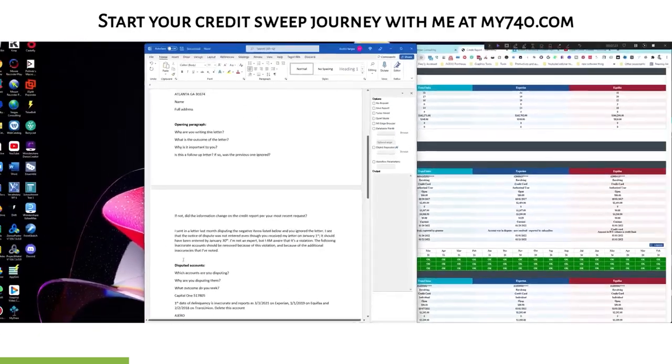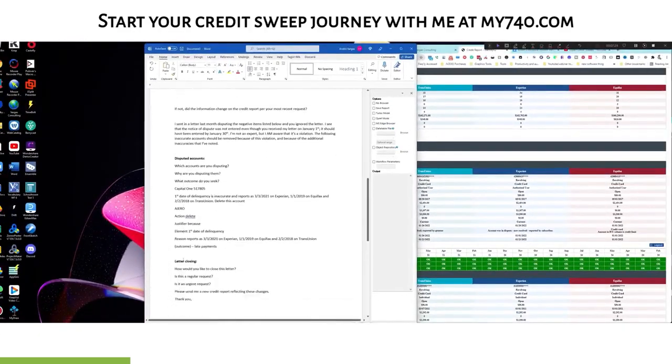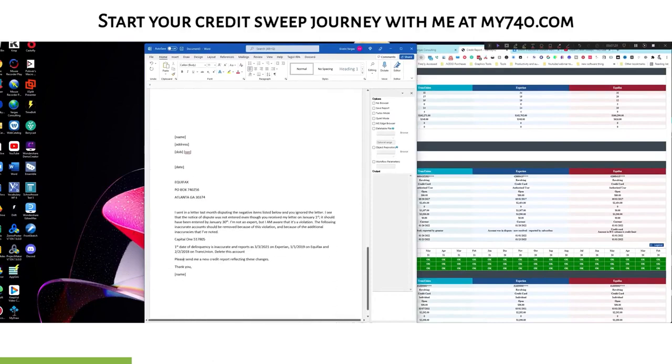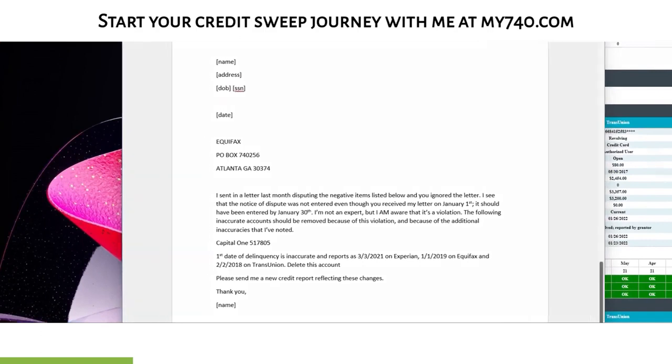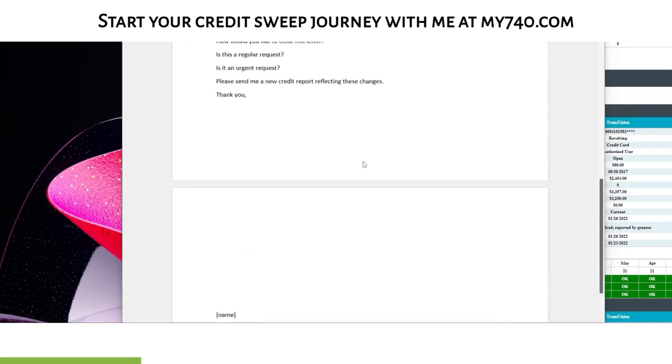So what was the entire point of this? Well, we built out our letter. Now we just need to put everything together. And this is what our letter would look like. We have our personal information. And let me just go grab a pen real quick. We are going to use blue. So we have our personal information. We have our letter date. We have our recipient. We have our first paragraph. We have our disputed account. We have our dispute reason. We have our closing, and then we have our name. So that is the entire point of putting everything like this, breaking it all down.